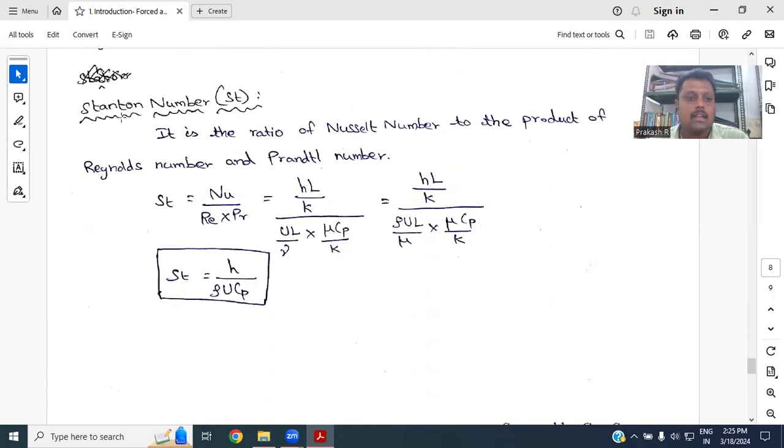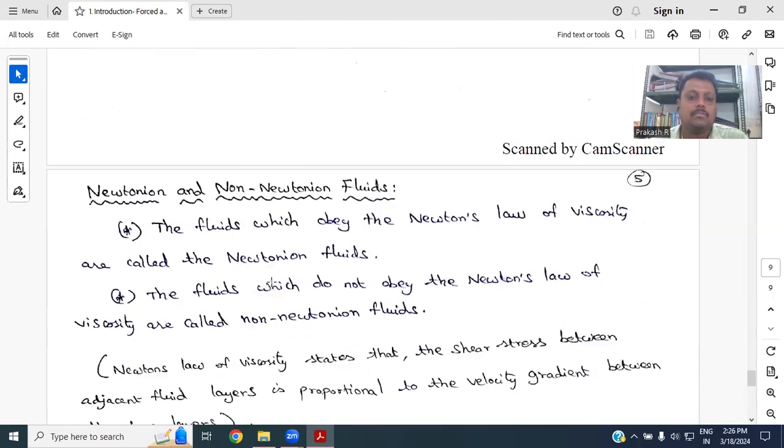Okay. And the next number will be the Stanton number. The Stanton number is defined as the Nusselt number divided by the product of Reynolds number and Prandtl number. We know the final equations of the Nusselt number, Reynolds number, and Prandtl number. By substituting these equations, the final equation of the Stanton number is equal to h divided by rho into U into Cp, where h is the heat transfer coefficient, rho is the density of the fluid, U is the velocity of the fluid, and Cp is the specific heat of the fluid. So these are the various numbers we are going to deal with when we are solving problems on the convection mode